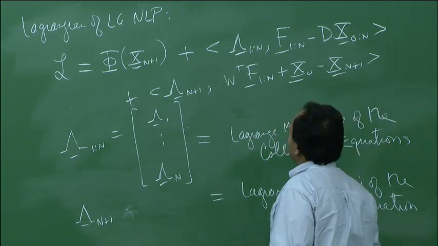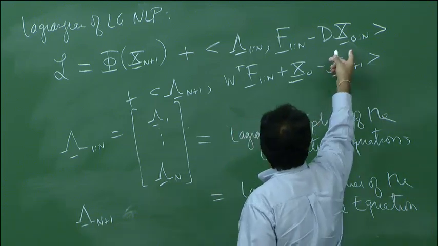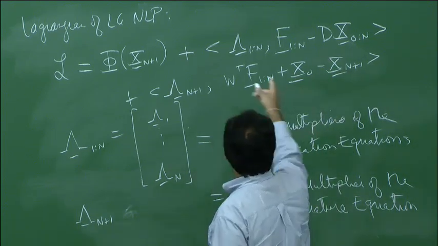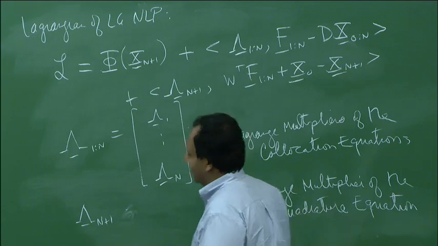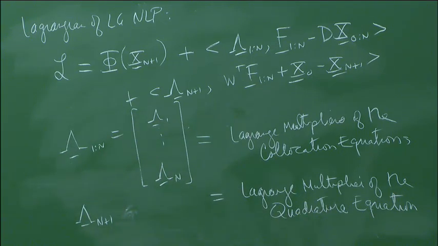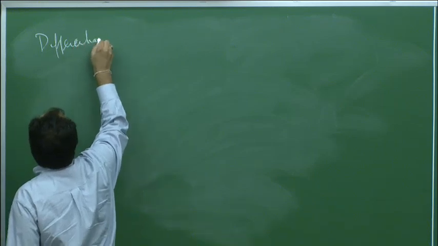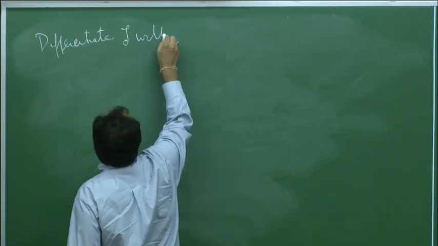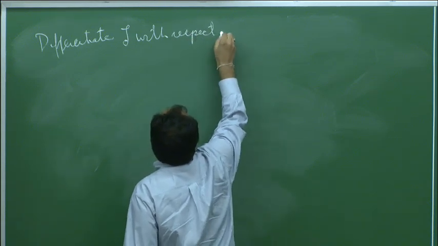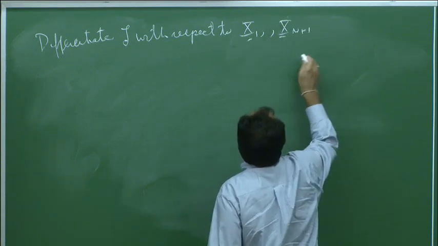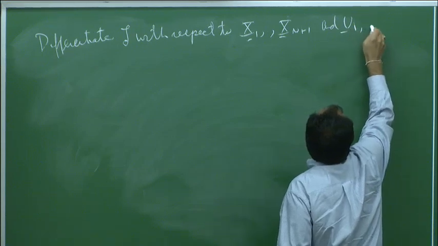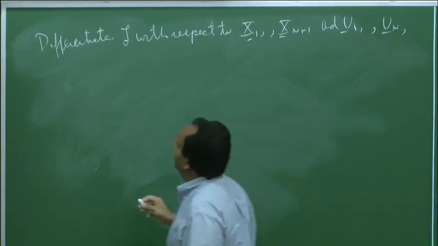But remember, I've taken that initial state out. Well, not that I have to take it out, but I can either leave it in there or not. If I substitute it in, it just becomes a constant in this formulation right here, so you don't have to differentiate with respect to it. But what you get when you're all done is as follows: if you differentiate L with respect to x1 all the way up to xn plus 1 and u1 all the way up to un, we obtain